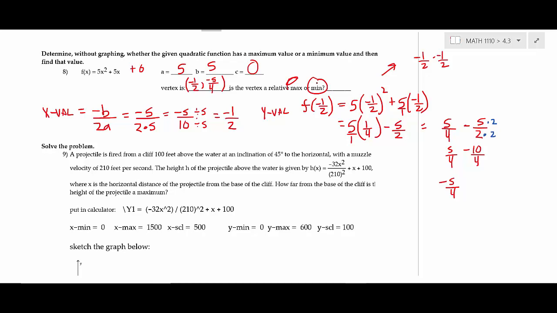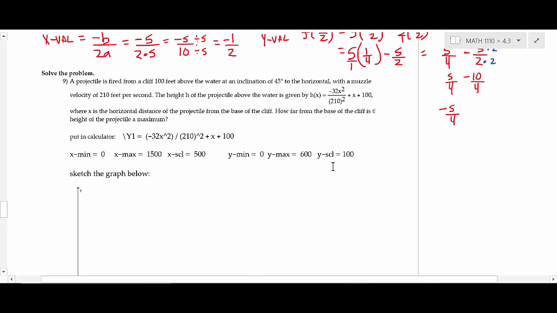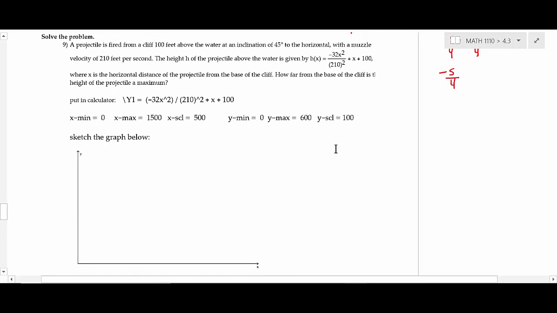When you do your next exam or your homework, you can do it either way. But I do think it's good to learn how to do both the completing the square and this way too. Okay, so let's go ahead and finish up these two problems here. So you want to get your calculator out on this. What the applications we do in this section are is we look at quadratic functions. This is a classic example of how projectiles work. So if you throw an object, you shoot a basketball, it follows a quadratic equation's path. Not perfectly, because there's factors like air resistance and stuff like that,